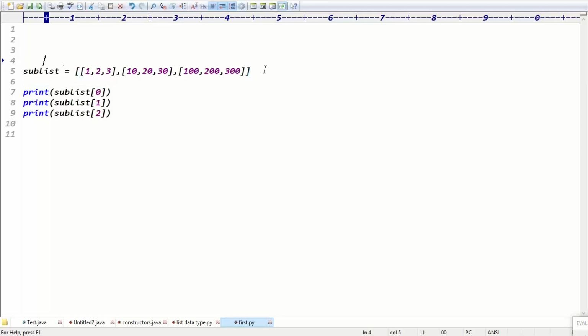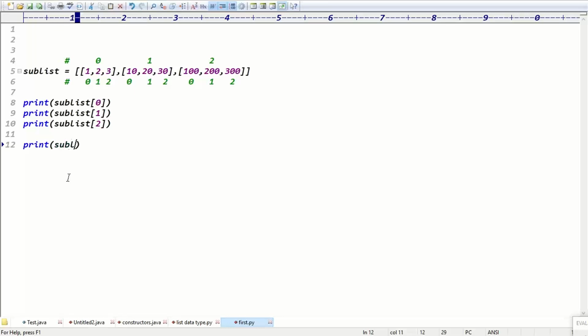To get the specific element, at the outer level it will take the 0 index, this one takes 1 index, and this one takes 2 index, right? Exactly. But at the deeper level, it again takes sub values, meaning 0, 1, 2. This is 0 again, 1, 2. Here also you can take 0, 1, and you can take 2, right? Exactly, guys.